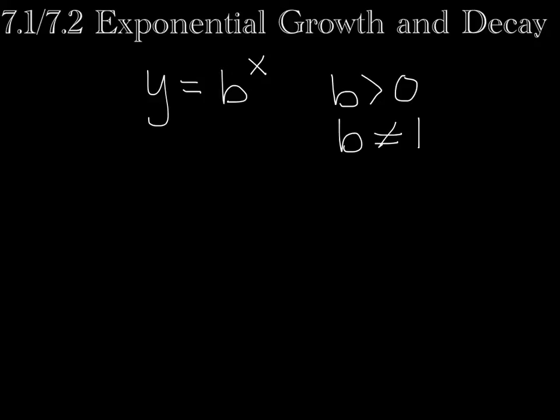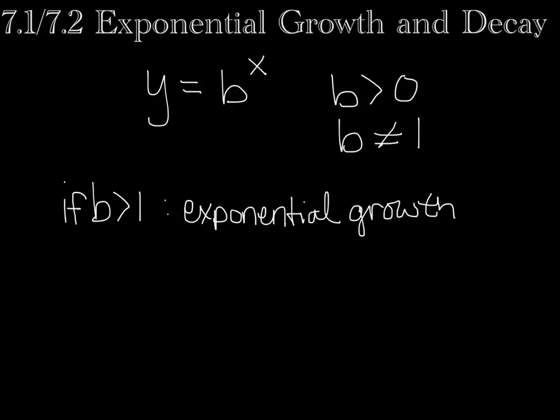Now, if b is greater than 1, you have exponential growth. So if I raise 2 to the x, or 5 to the x, or 78 to the x, we're going to be growing. But if b is less than 1, and it can't be any less than 0,